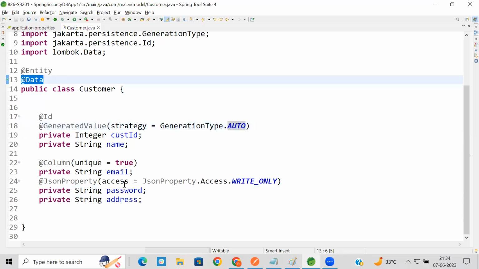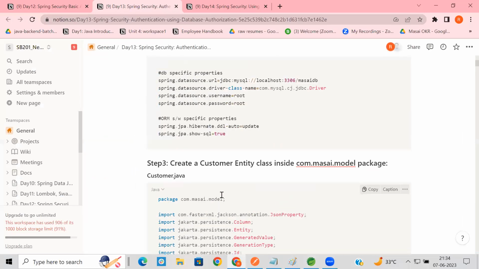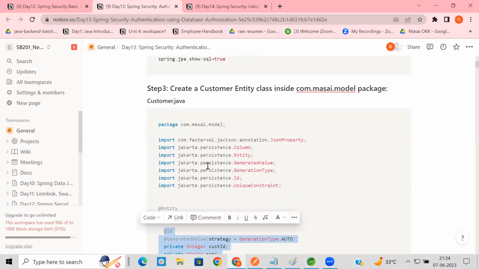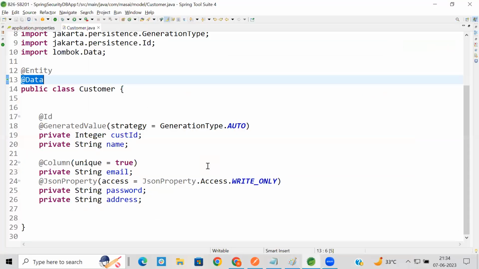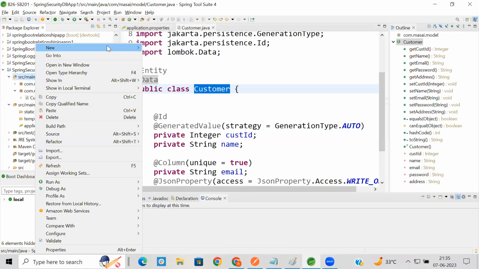Data annotation is applied, that means getter setter is there. This is the step number 3. अब step number 4 आप guess कर सकते हो क्या होगा. step number 4 फटाफट बताओ आप मुझे. Anyone? Let me check. Repository. Very good, Ritik. So we need to create what? Repository of this entity. So I'm going to create one interface